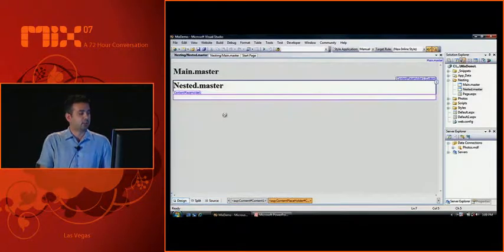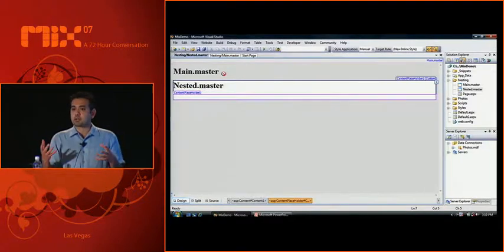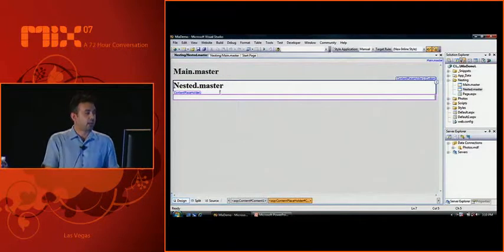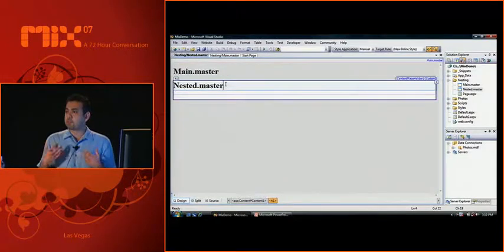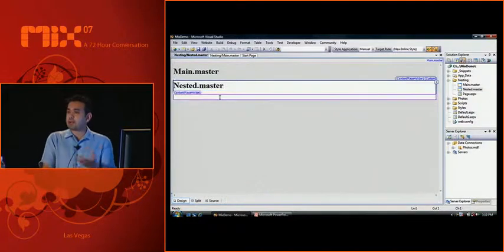So if we go to design view, you'll notice that the designer actually grays out the portions that are contributed by the main.master, so we can't really edit those. But anything that's available in this master page to be edited is editable in the designer. So that's all stuff you can do today. And then I can go ahead and define a content placeholder